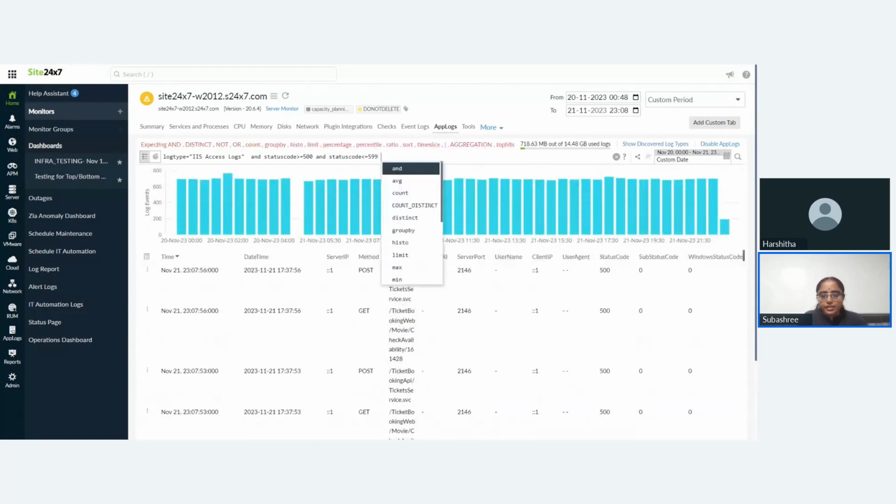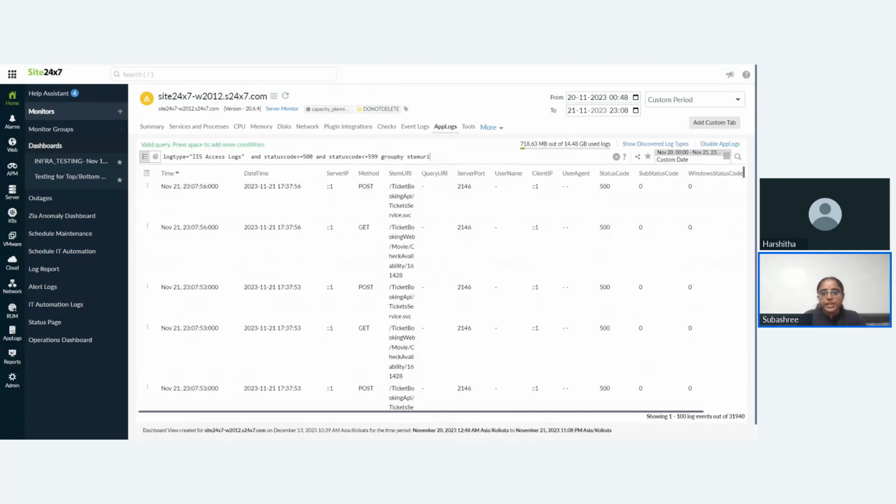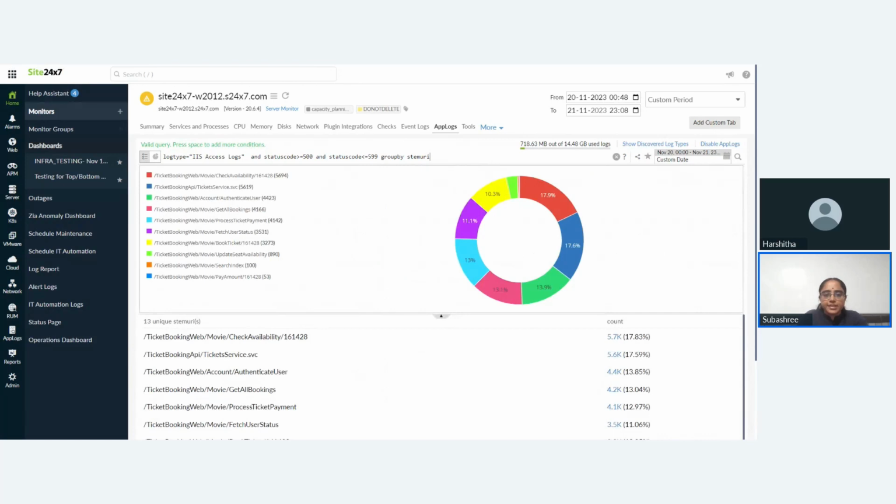So if you want to check which URI failed frequently, you can group them by stem URI. So you can see that this specific URI, check availability, has failed frequently. Analyzing such frequent failures in this specific URI provides crucial insights into potential issues affecting its performance. Understanding the patterns of failure can help identify and address underlying problems, ensuring better reliability and performance for this particular